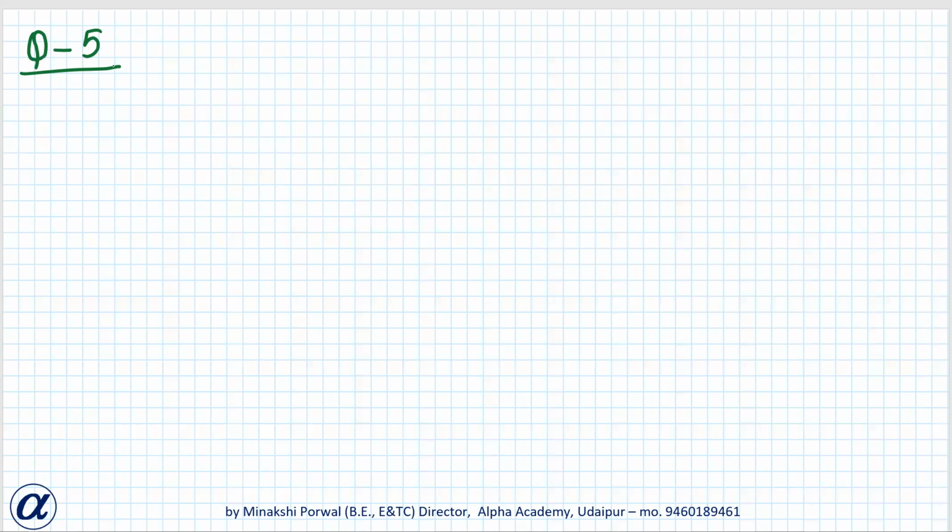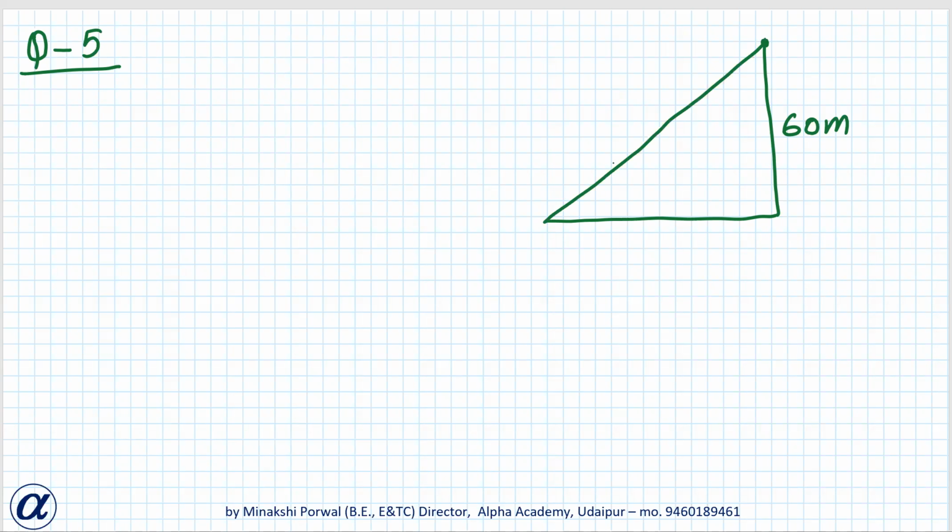A kite is flying at a height of 60 meter above the ground. The string attached to the kite is temporarily tied to a point on the ground. The inclination of string with the ground is 60 degree. So a kite is flying at a height 60 meter from the ground. So ये kite है, इसका height 60 meter है ground से. Okay. एक string tied है. ये angle जो string ground से एक point से tied है, and its angle with ground is 60 degree. Find the length of the string.